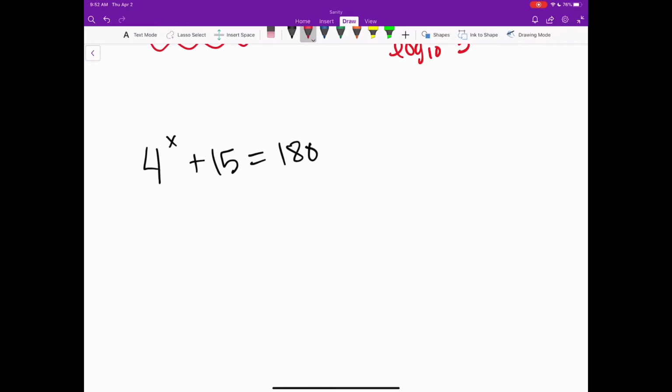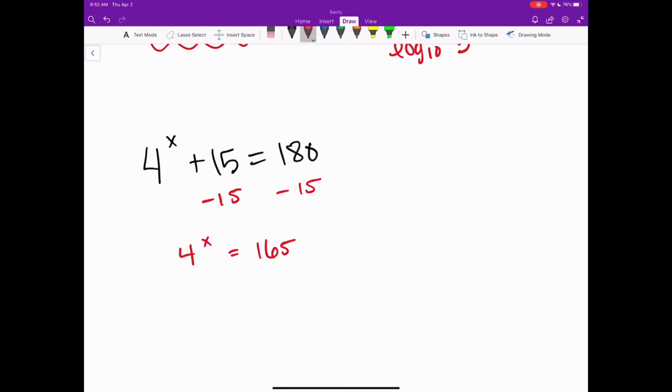So in order to solve this, I'm first going to minus 15 from both sides. Again, we're just solving it like a regular equation. We'll take care of the exponential and logarithm later, right? So minus 15 from both sides, you're going to get 4 to the power of x equals